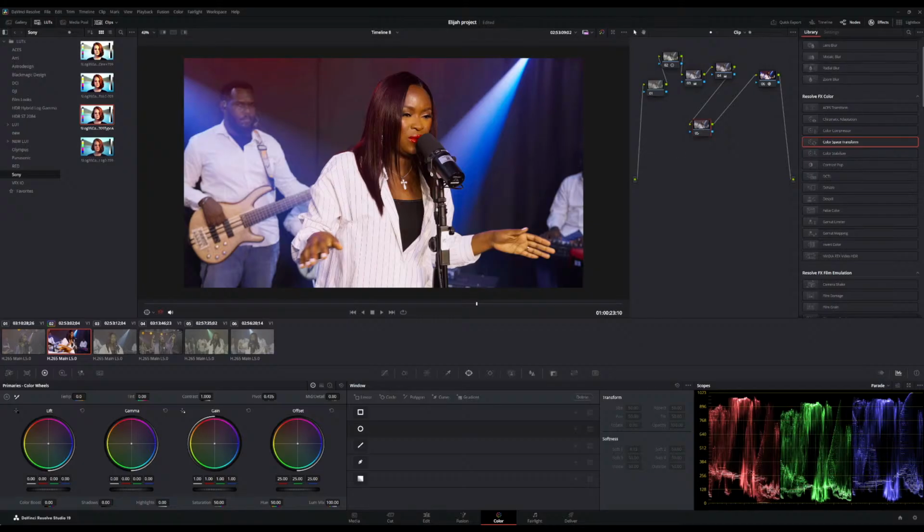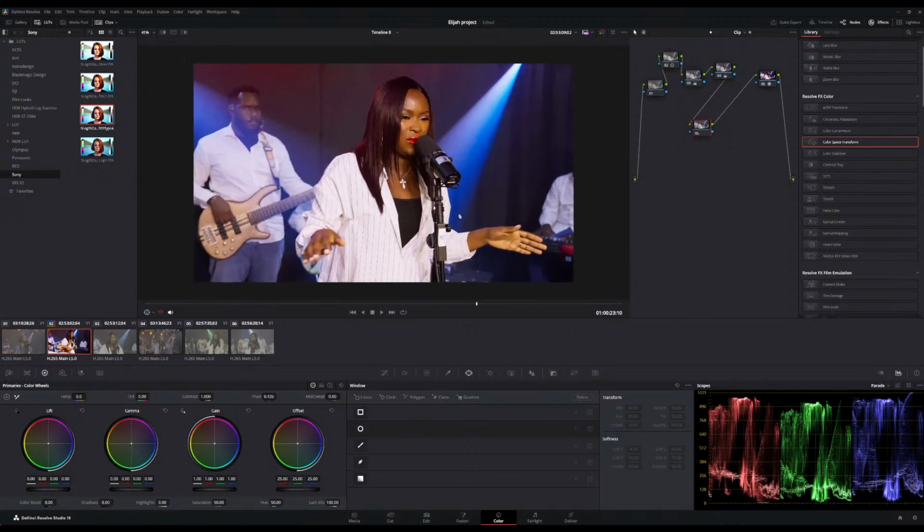So we are going to highlight just the skin, more like separation. So you create a node, then create another node, but at this time it's going to be a parallel node. You link it, come to the skin,